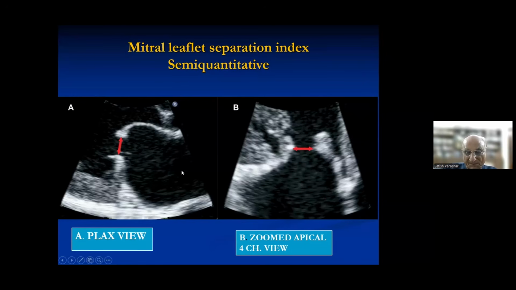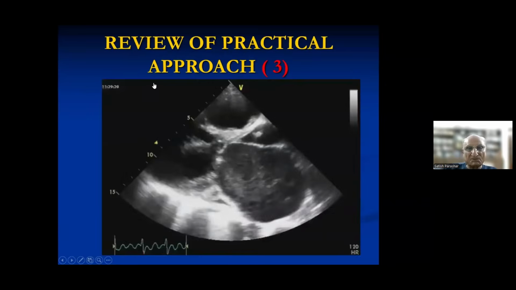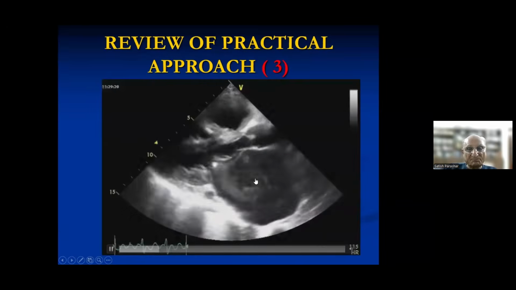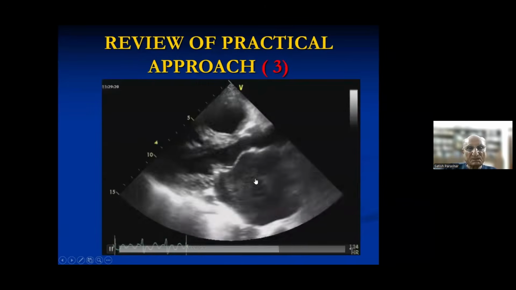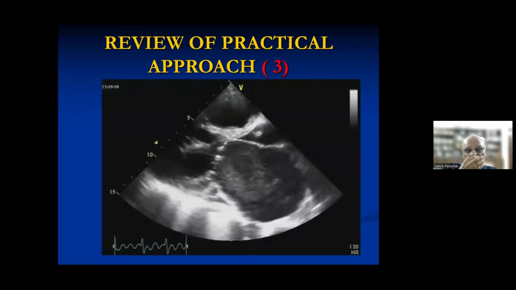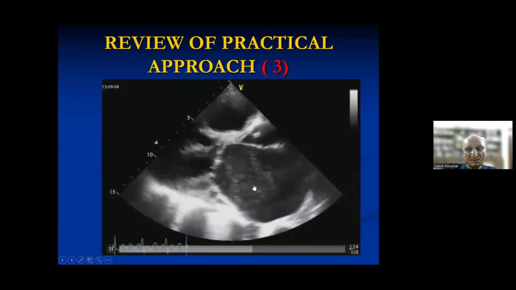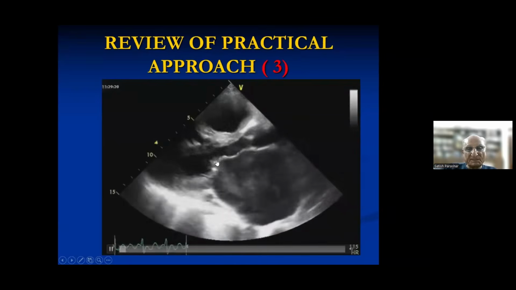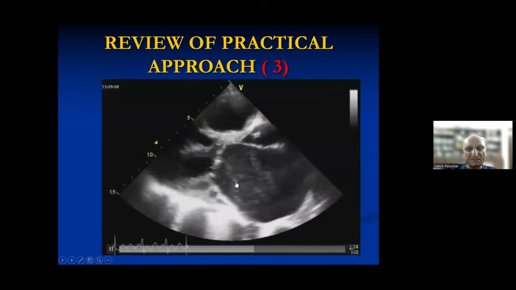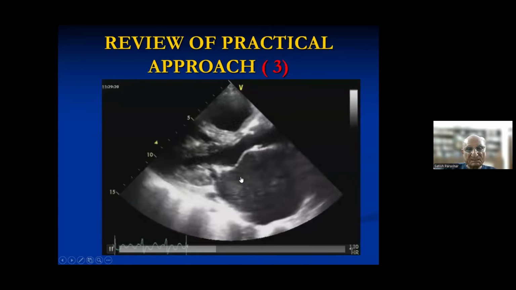So to revise, I have not told you transesophageal, but to revise, you start with a parasternal long axis view. You see three things in this. Number one, you see the size of the chambers. You see the spontaneous contrast echo. You see the pattern of opening of the anterior mitral leaflet. You can see the patient is in atrial fibrillation.